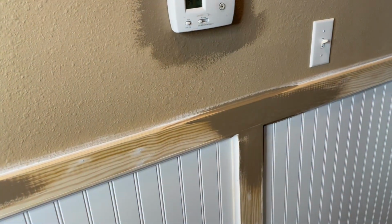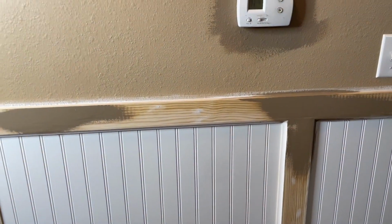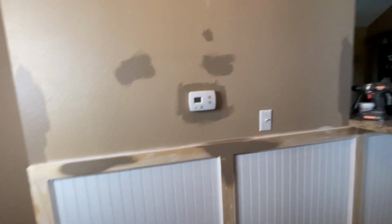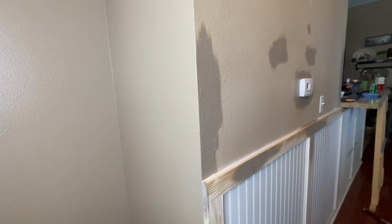Okay, y'all. This is where, let me turn this ring light on. This is where I'm starting to second guess myself. This is the color that I had mixed up. It's called Caramelized Onion. And it's a beautiful color, but I'm just wondering, is it too dark? Now, I've only just put it on spots, but it's only really gonna be this wall and under the bar. Nothing else, just this wall. Oh, it's scary. So scary. This is it next to the truffle oil. Move this ring light right there. So quite the contrast, but I think, well, I'm gonna use it because I bought it,